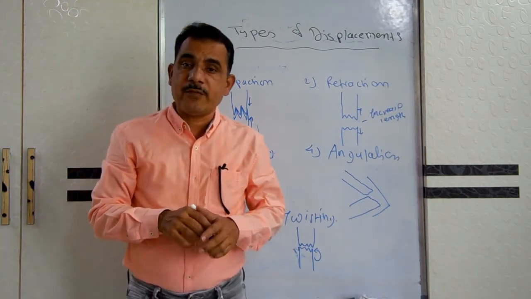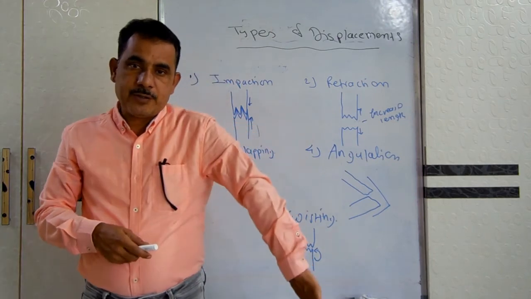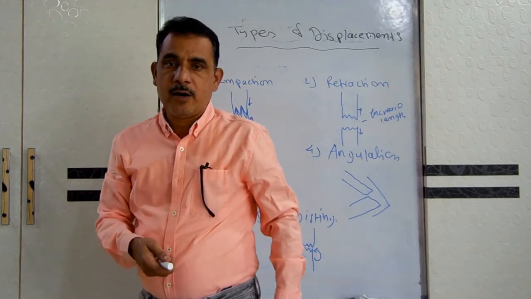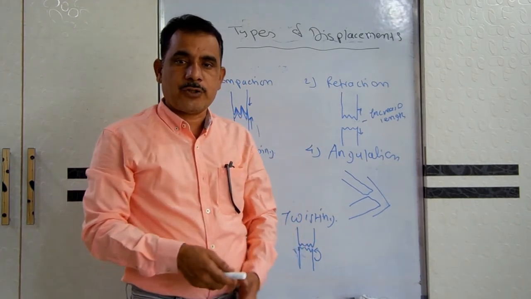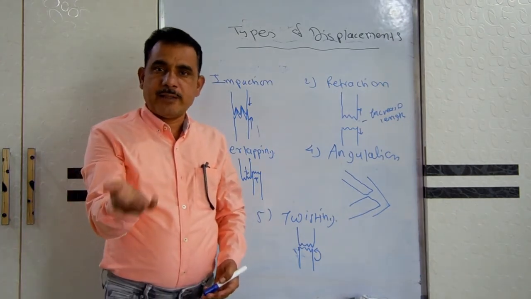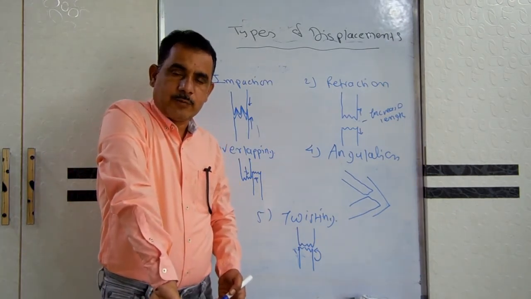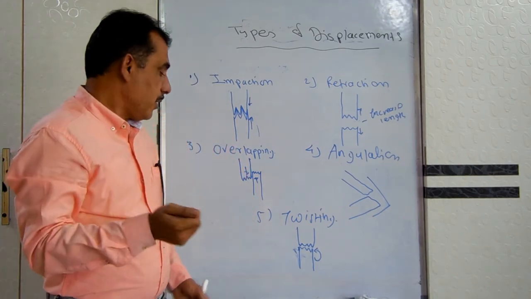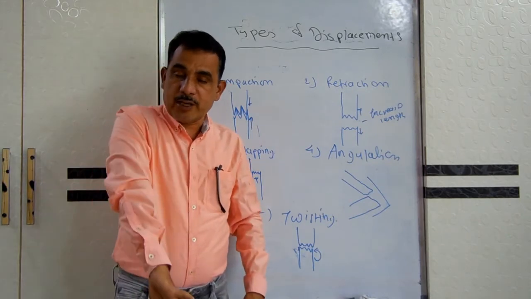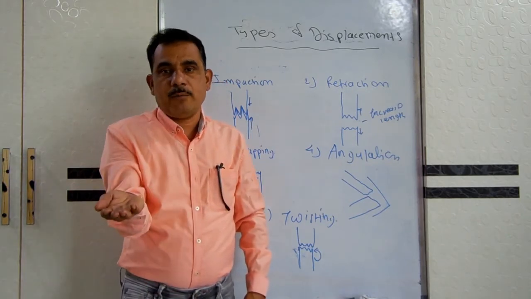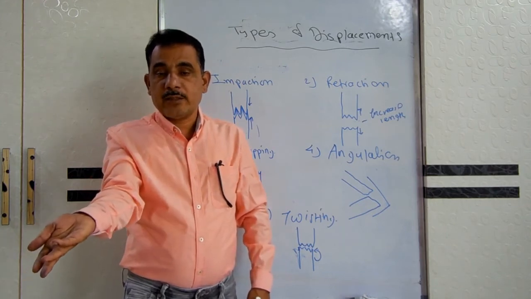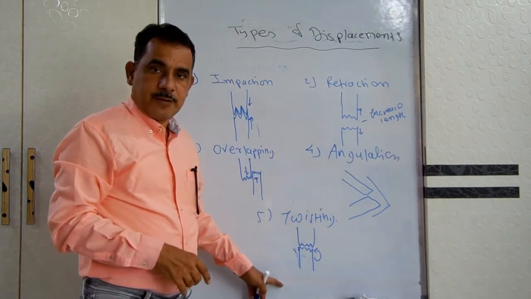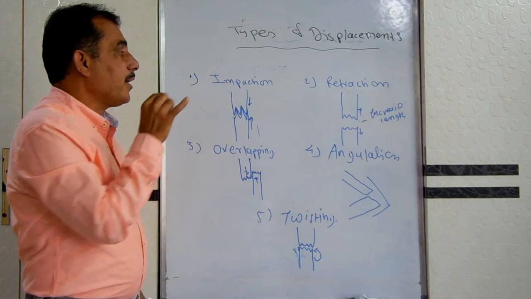And how is twisting identified? By the deformity. The person will come keeping the hand like this. In the case of the legs, it will be either outward rotation or inward rotation. Similarly in the upper limb, it will be either pronation, forward pronation like this, or supination with lateral rotation. That indicates the twisting. If pronation is there, the patient is unable to supinate the forearm, or if it is supinated, the patient is unable to pronate. That denotes or indicates there is twisting. So these are the types of displacement.